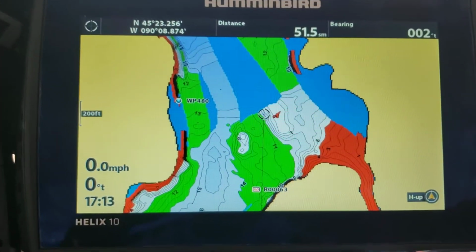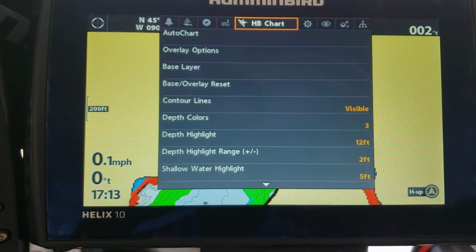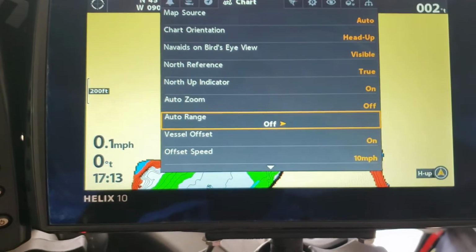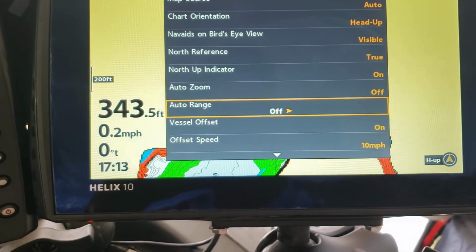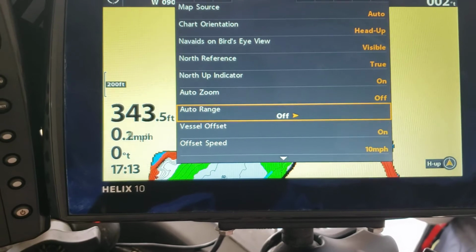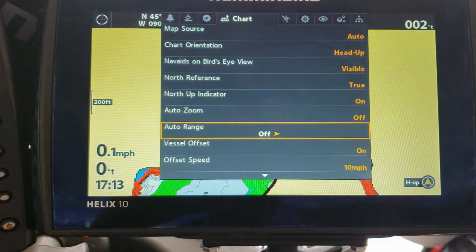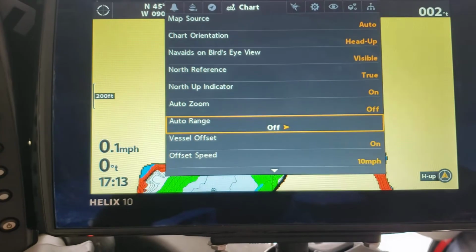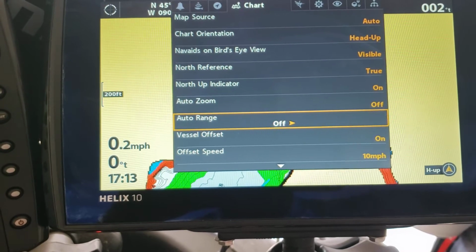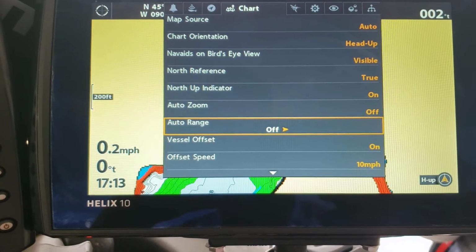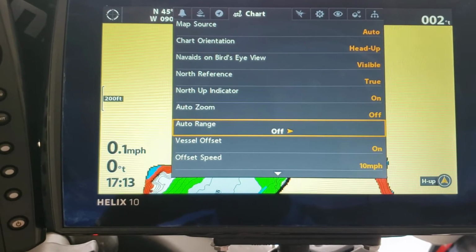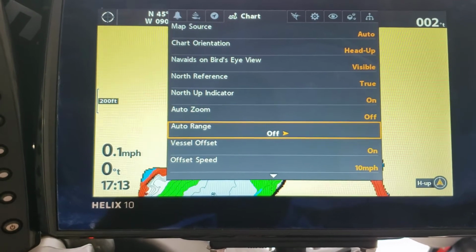So back for another episode of tips and tricks, though. If we go back here and go back to our chart view, right? As promised, I went and looked these up. So, auto zoom and auto range. Auto zoom will automatically zoom the map in and out in accordance with boat speed, right? Unfortunately, Humminbird does not provide any more information than that. So I don't know if it's going to be the amount of zoom that you like. Try it out. If you like it, then use it. If not, then don't. Auto range